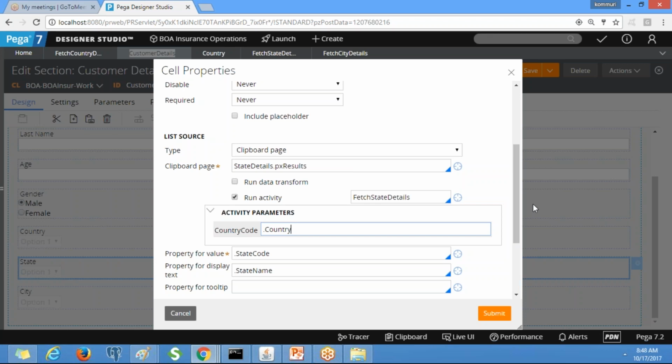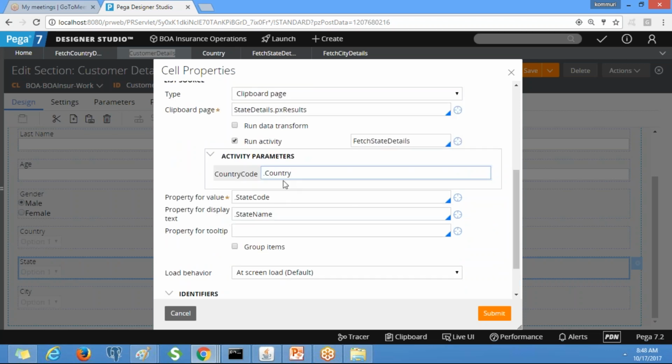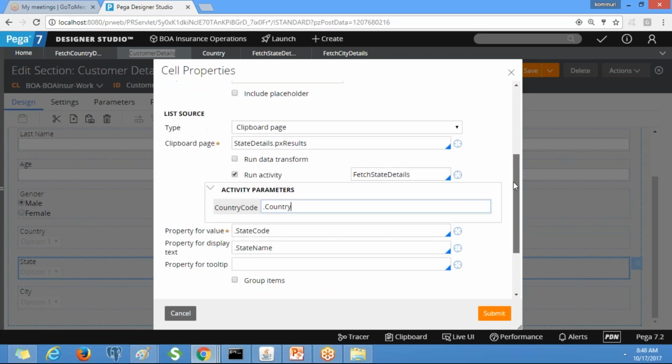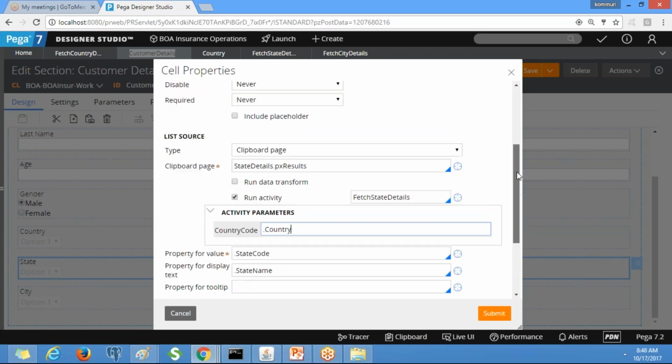Similarly, you need to give dot country. Note down only this thing. Sometimes, even if you define the parameter, you don't see it here. In that case just refresh it, or remove the activity name, retype it and reselect it.